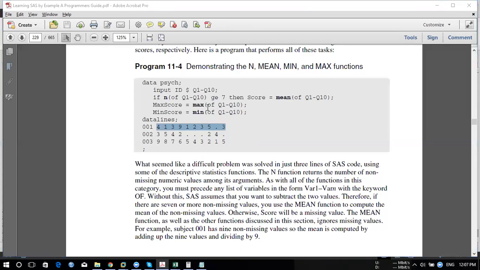Yeah. So this is to find out the maximum in Q1 to Q10, which will be 9 in the first row, then the maximum in this one will be 5, and this will give you the first maximum. But the question comes up when people want the second maximum. That may be a similar value. If you look at the second one, you have two maximums. The second maximum is 4, 4. So there is a way to calculate how many second maximums there are.